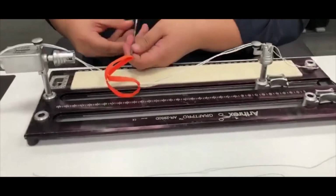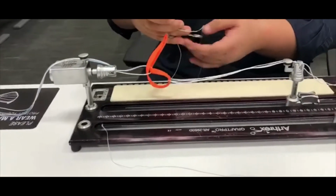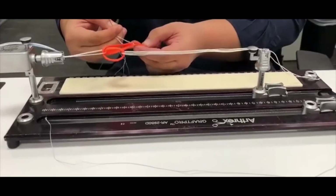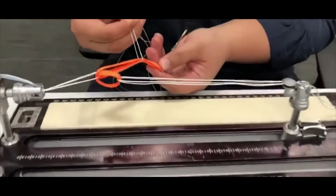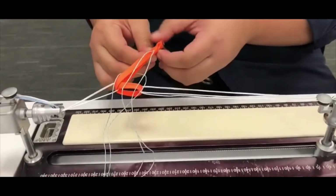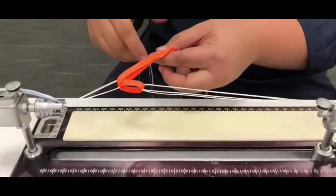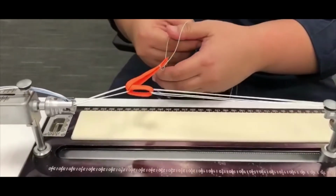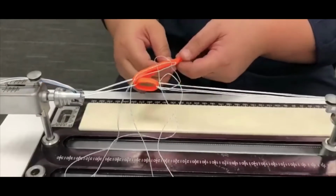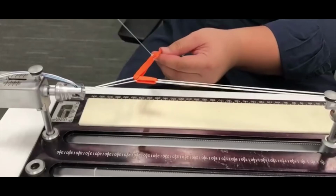Okay, so you will use the FiberLoop. First, always loop through the graft. The loop will always go through the graft. You will whip stitch about 1 cm, which is more than enough. So you will start with the loop first, then the loop goes away, then the needle comes down. Then again open up the loop, loop through the graft, loop away, and then the needle goes through. So you will whip stitch all the way